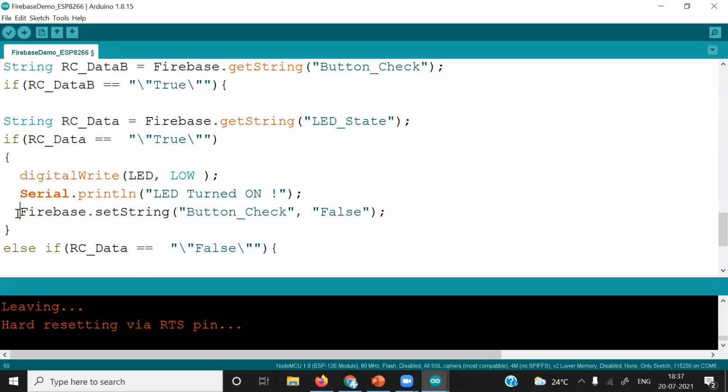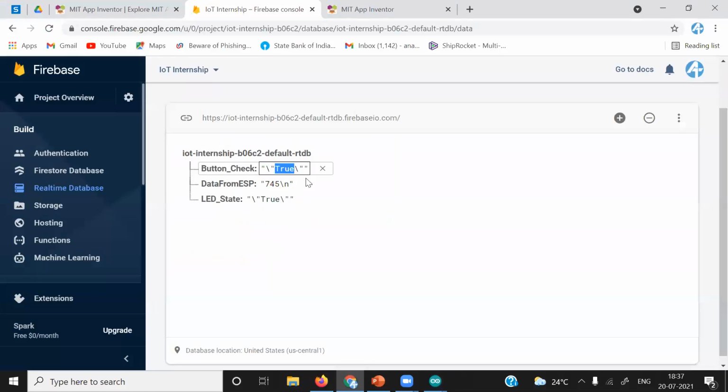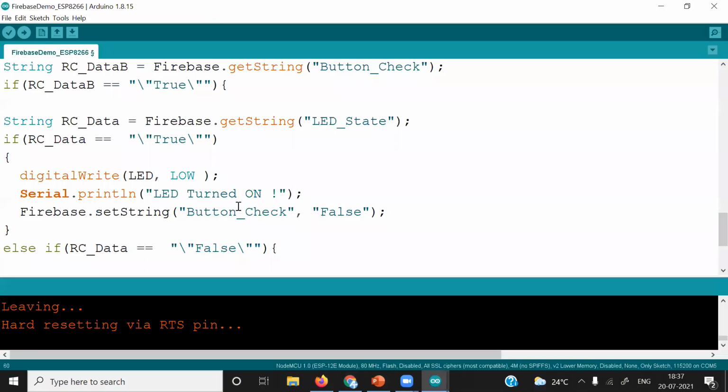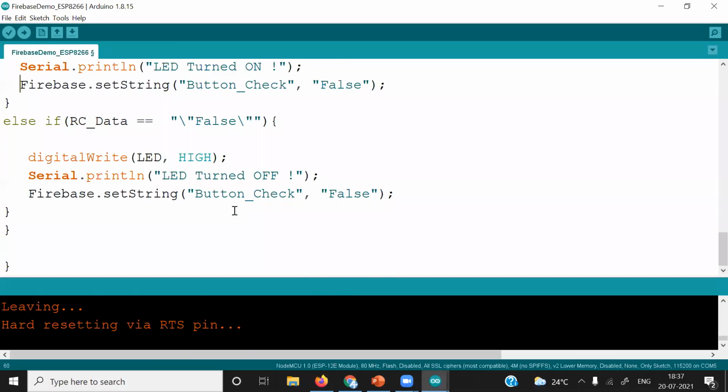And after that, very important part, after completion of the operation we wanted to do, which is LED on and off, we are setting this button check to false. That means after clicking the button, we perform some operations and we again set it to false. That means we have not pressed any button. So that is the reason we have created this provision, button check to false. And same thing we have done here.